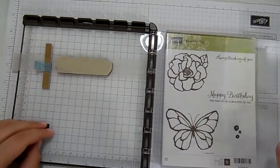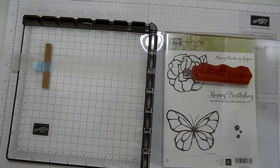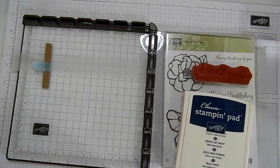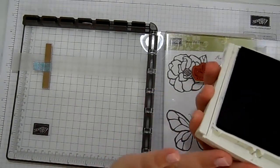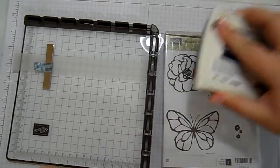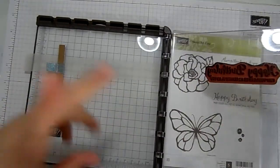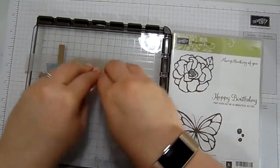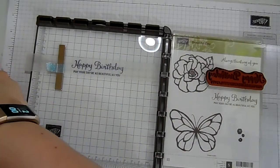Get that lined up, and we're going to just take Night of Navy ink, which of course I haven't got to hand because I'm not that organised. So I need my Night of Navy ink, and I also need my clear embossing powder. So I'm going to ink up the stamp, and it looks a mess because I've got ink all over it, but it's okay because it's not going to transfer. Just press that onto the vellum, and then quickly